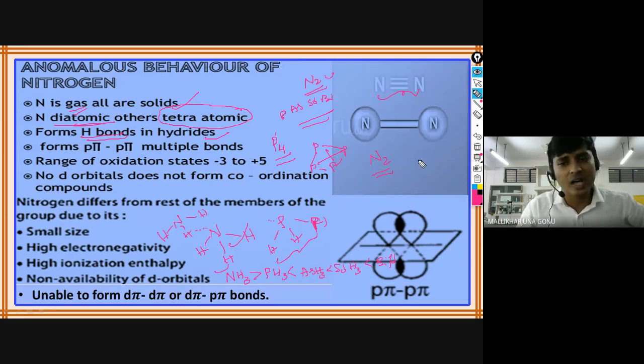The same case is with oxygen also. Okay, oxygen hydrides: if you see H2O, this is H2O, right? So next one is H2S. In these two, by default, H2S should have the higher boiling point because sulfur has more atomic weight. So this should have higher boiling or melting points. But H2S is a gas, whereas water exists as a liquid.